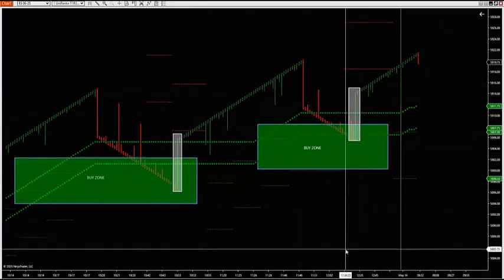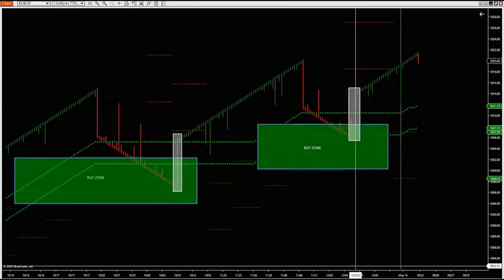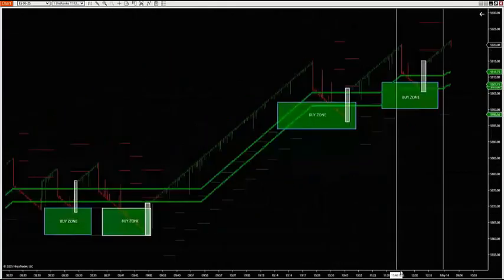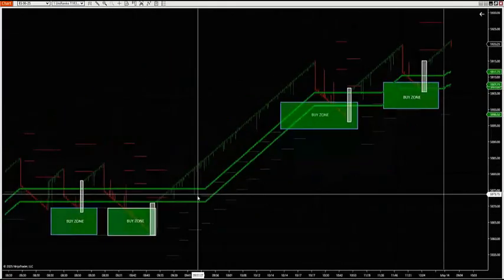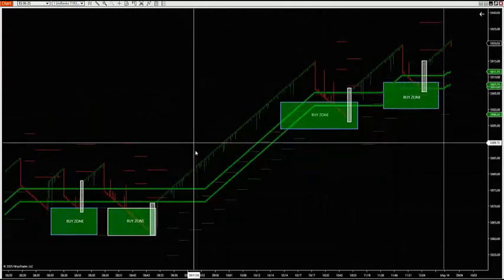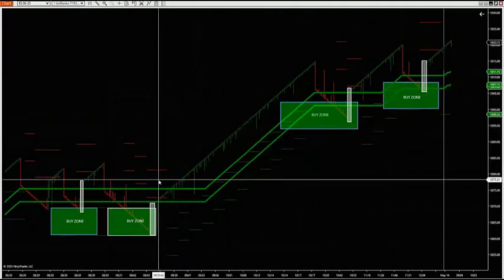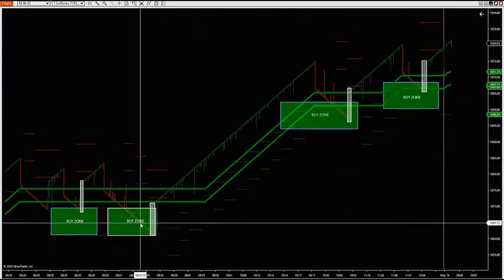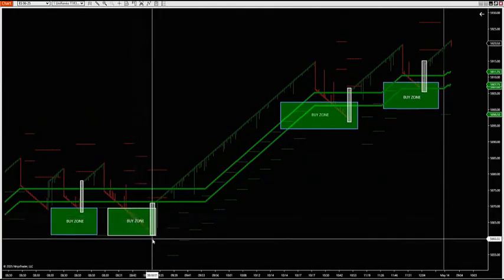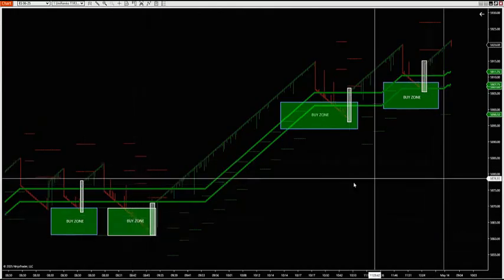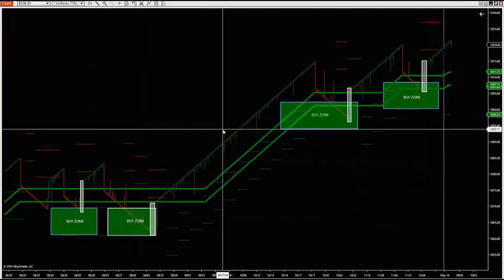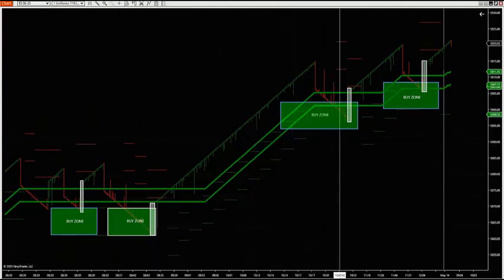So what you can do is you can use this as a total indicator based system. That's it. Total indicator based system. Using my 25 zone, my shallow liquidity grab retracements, and only look to buy trend retracements. Okay. So that being said, you can use a strategy, the SimTick strategy, when you get inside these zones, and let's say you get a V bottom here, a V bottom here, a V bottom here, you can simply click on our strategy, and it will get you long on the first liquidity grab,